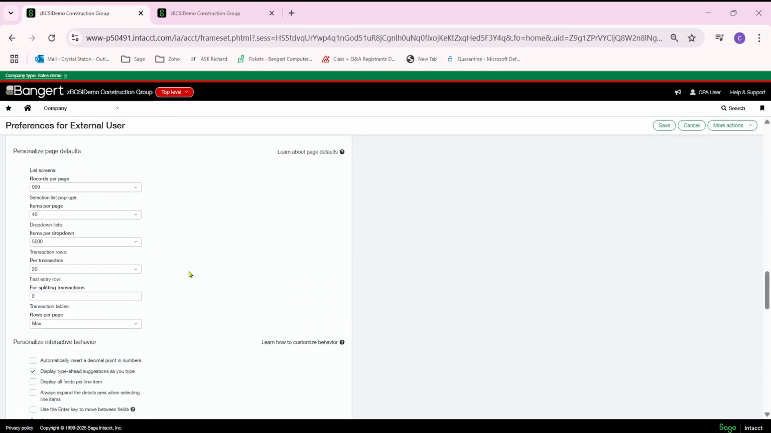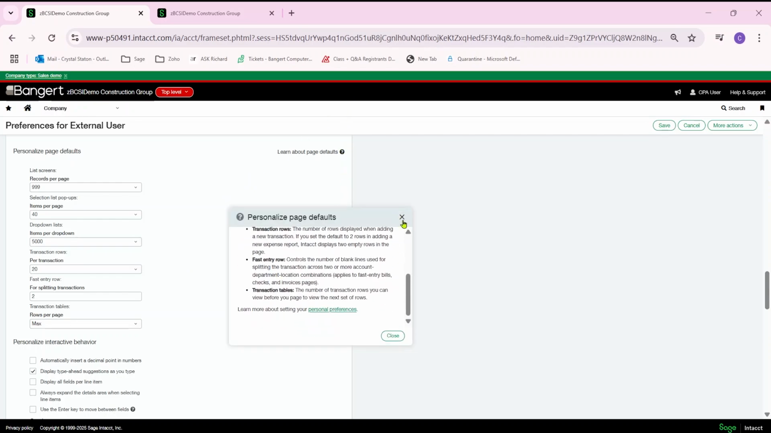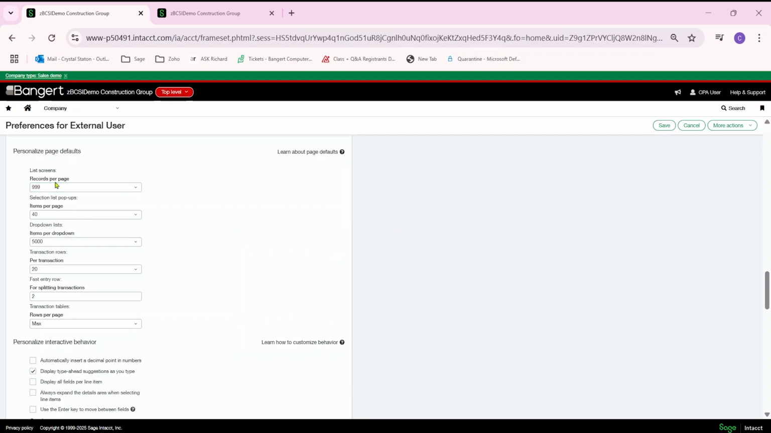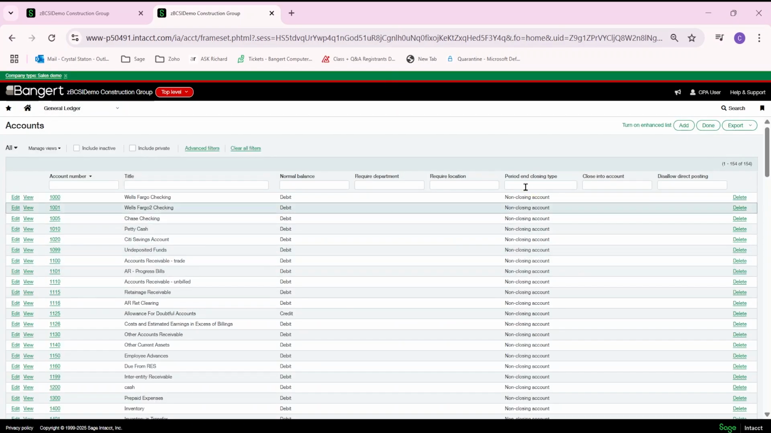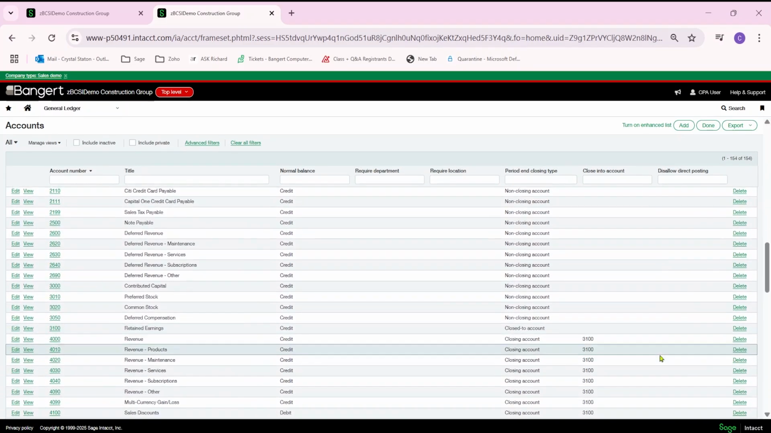Personal page defaults, again, use these little question marks to help you understand the different areas that you're in. But we do recommend on the records per page, that's how many records you see. I'll give you an example. In our general ledger accounts, if I only had it set to 20, I would only see 20, and then I would have to page over to the next 20, page over to the next 20, but I have ours set on the 999, and I only have 154 accounts, so here I can see them all on the same